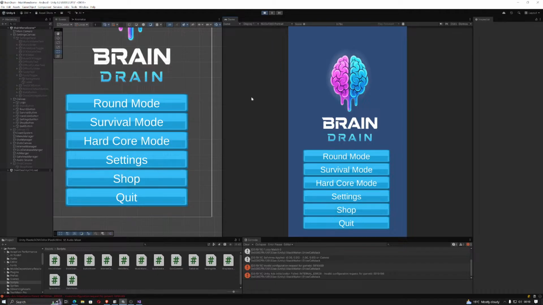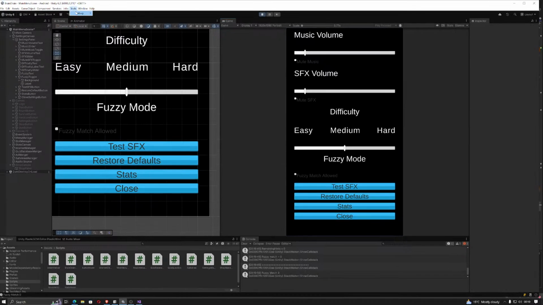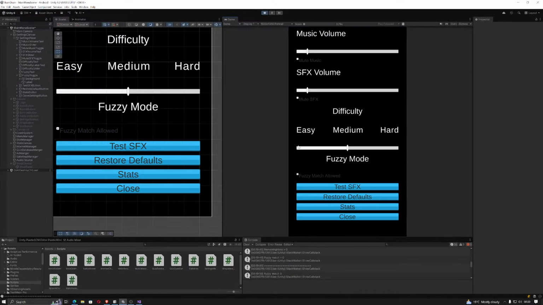Okay, so go to settings, go to tools, debug, player prefs, fuzzy match is 0, turn that on. Fuzzy match is still shown as 0 for some reason. Do tools, debug, player prefs, fuzzy match is 0, interesting. So if I do that again, and do tools, debug, player prefs,